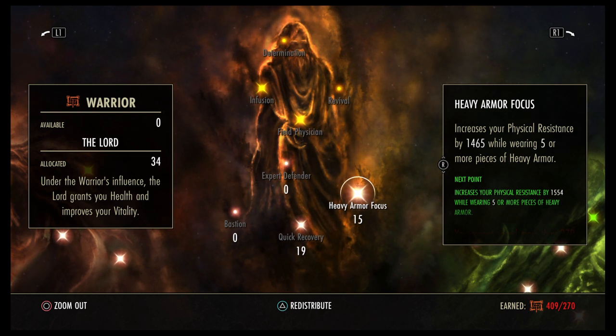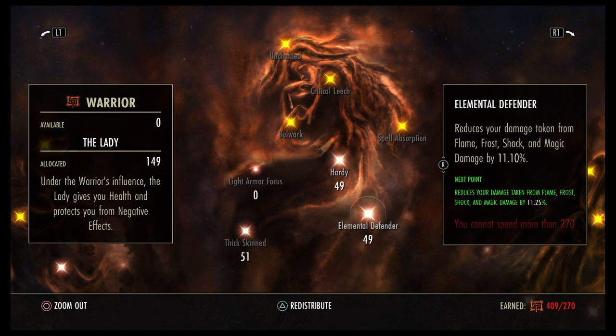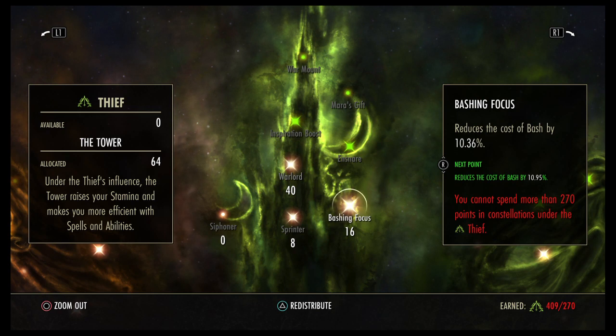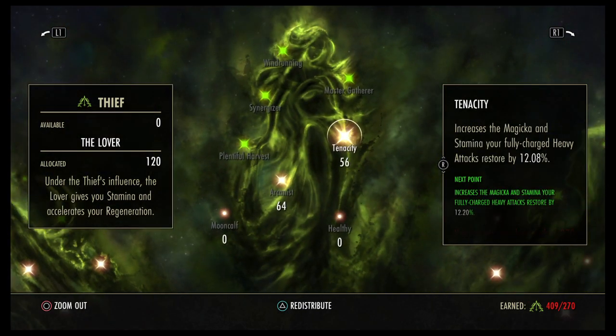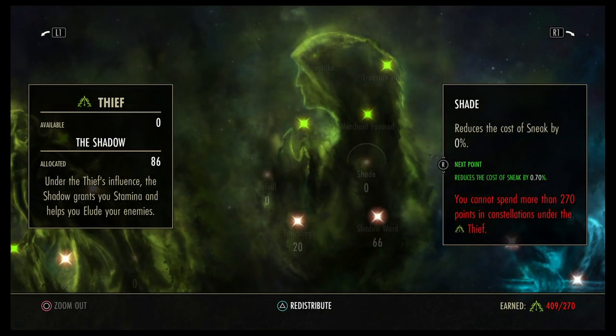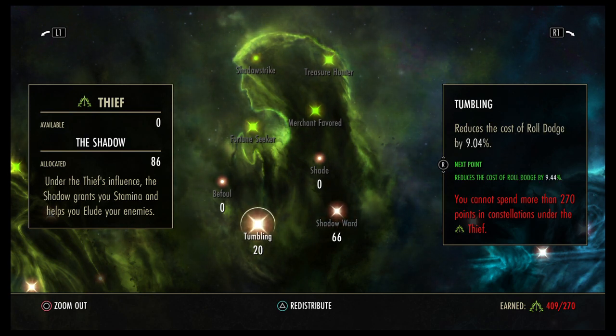It will drop your resistances down to maybe 28.5k, but that should still be fine for all the content, really. This is just a bit for the safety, and then you could put them into Hardy, Elemental Defender, or Thick Skinned, or something like that. 40 in Warlord for the cost of break free, 16 in Bashing Focus for reducing the cost of bash, 56 in Tenacity to get more stamina back if you do heavy attack if you need to, and then 64 in Arcanist for increased magicka recovery, 66 in Shadow Ward for block cost reduction, and then 20 in Tumbling for cost of roll dodge reduction,